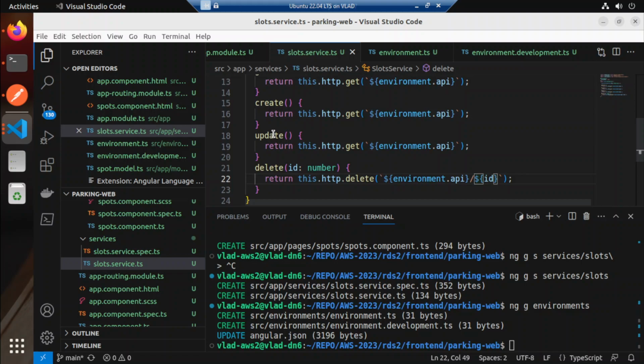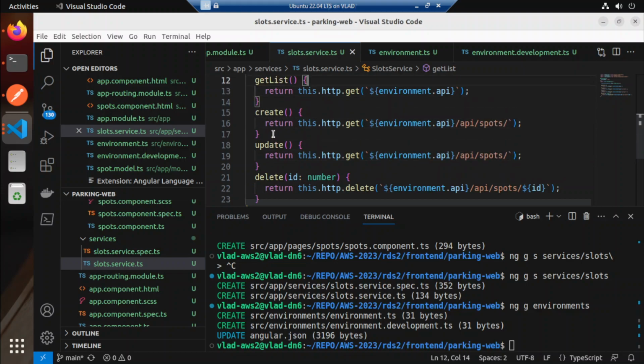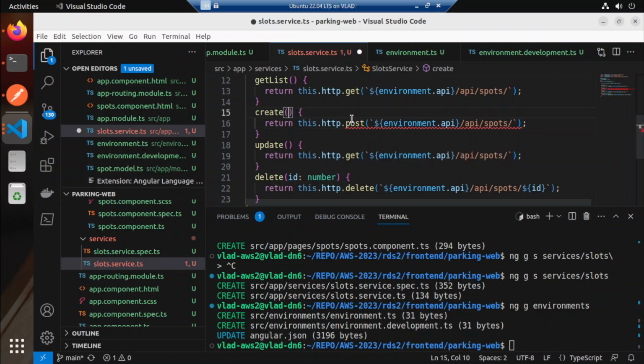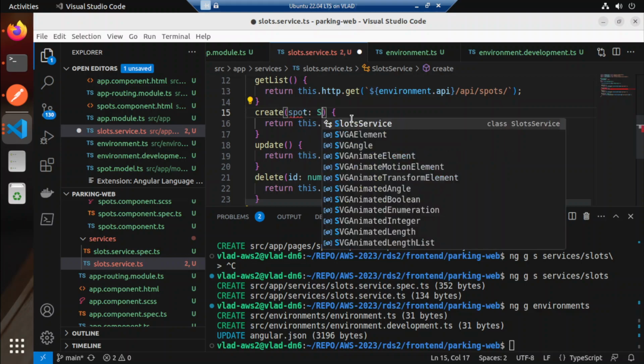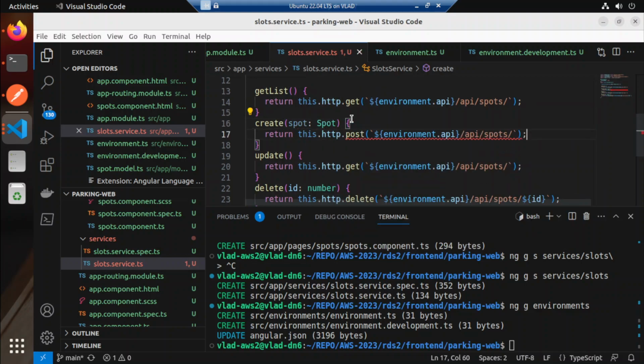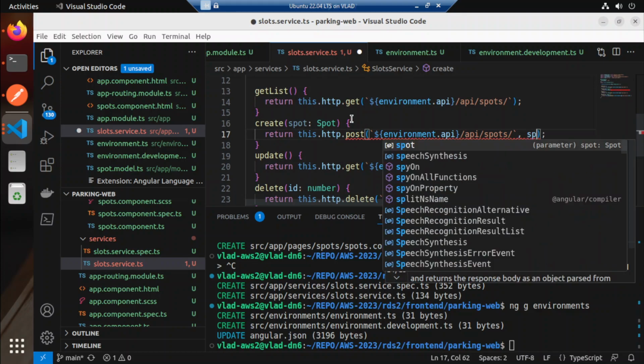So what we want to have here is spots. That is our API spots. And this one here is also API spots. This one is get, this should be post, and this one here is the spot, then spot, then here is the spot,